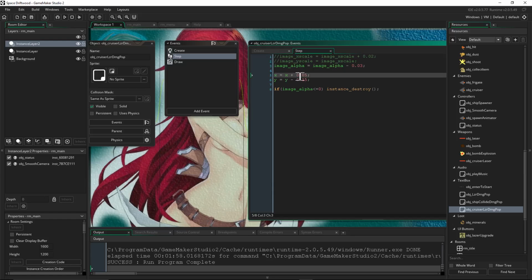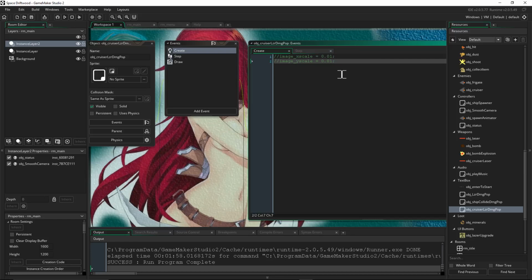So we're saying x = x + 0.05 and y = y - 0.15. That's going to make it scroll up and to the right a little bit as the damage pop-up happens, so it doesn't just stick on the map. And it eventually gets destroyed by using this: if image_alpha is less than or equal to 0. But like I said, another way to do this is just alarm 0 equals